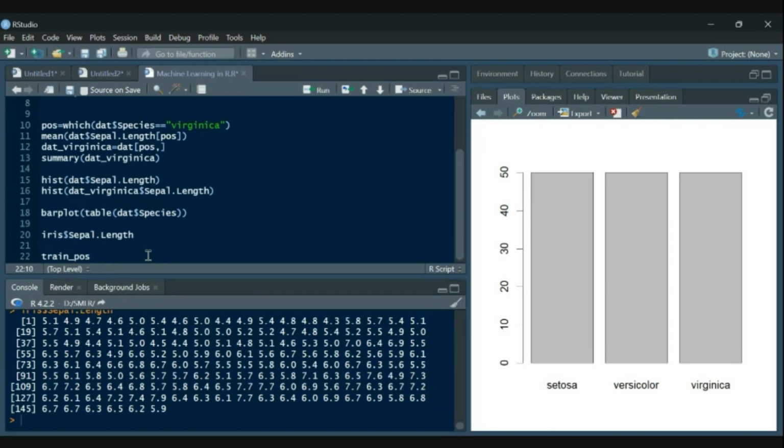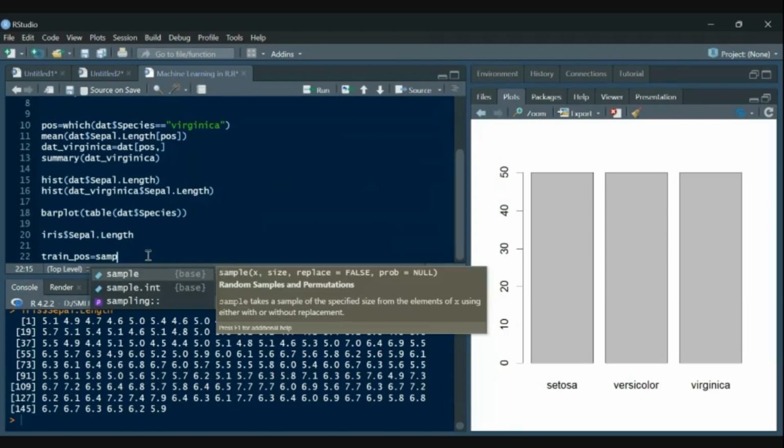Basically, from this very data, we will bifurcate it into training data and test data. For this, we will first find those positions which can be used as training data, so we will simply use sample.